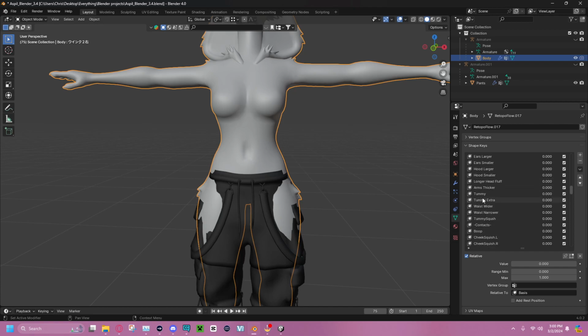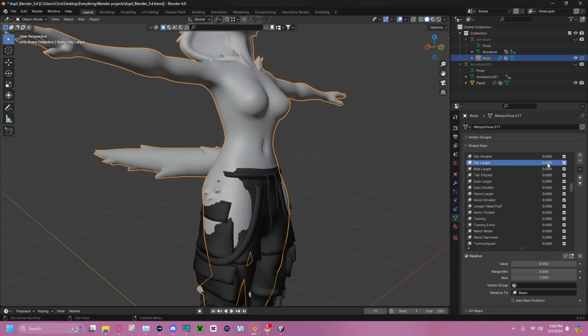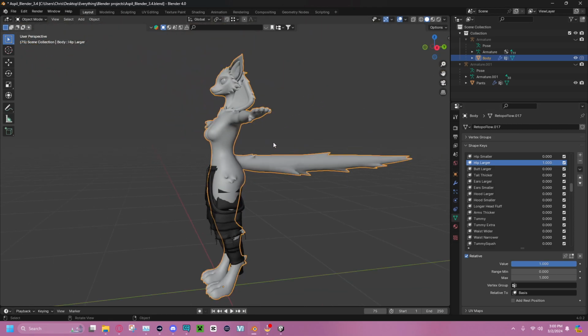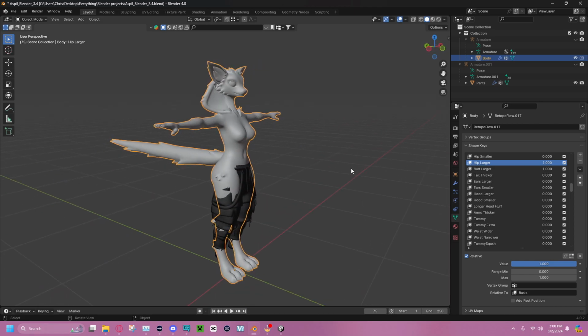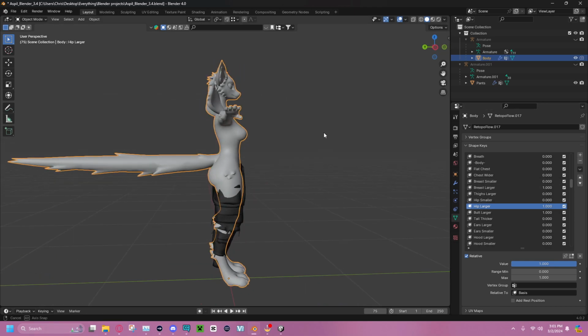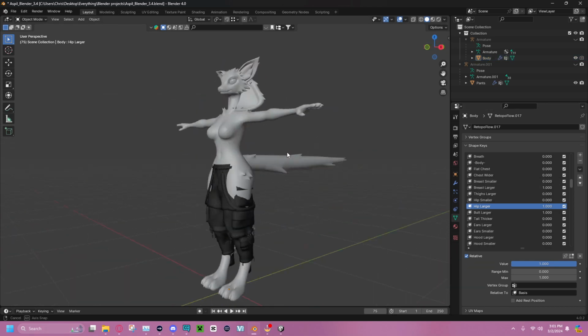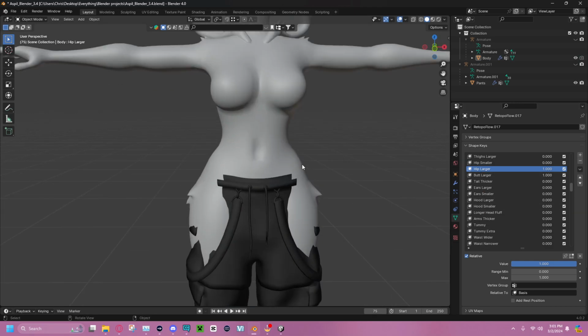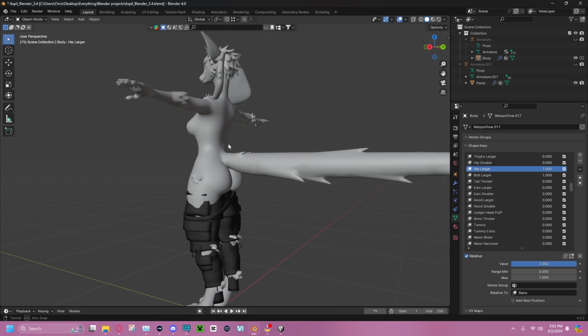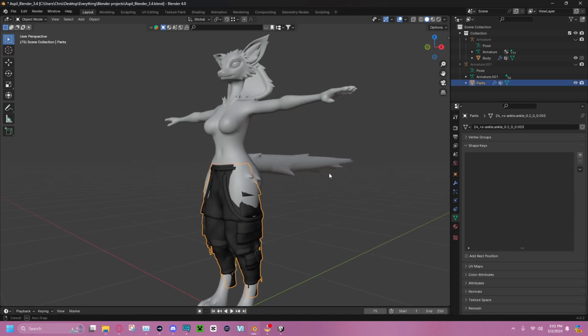Okay, so in this case it does not appear that we have any actual female blend shapes. So what I'm going to do here is just play with the blend shapes until I like a certain variant of what I am going for. If we do that, so boom, it's more of a femme shape now. So now that I have a body shape that I like, we can start